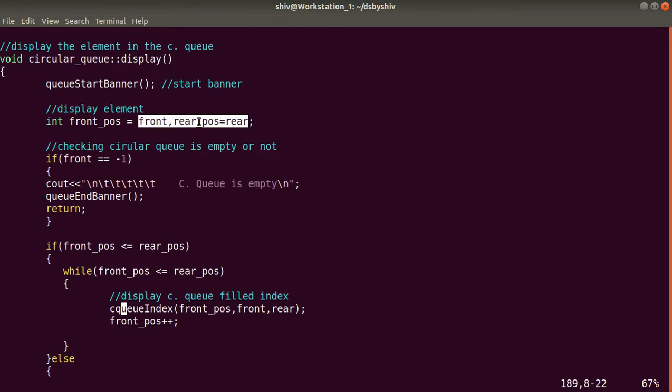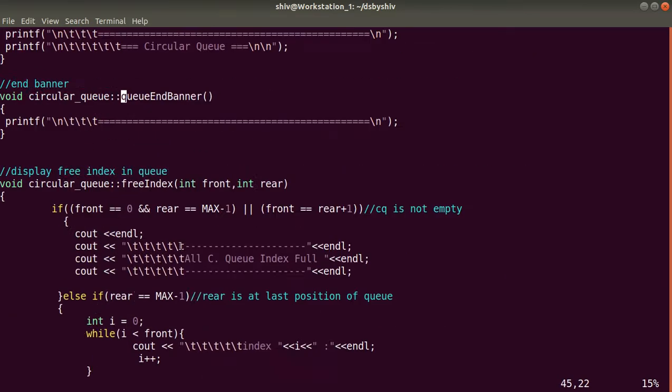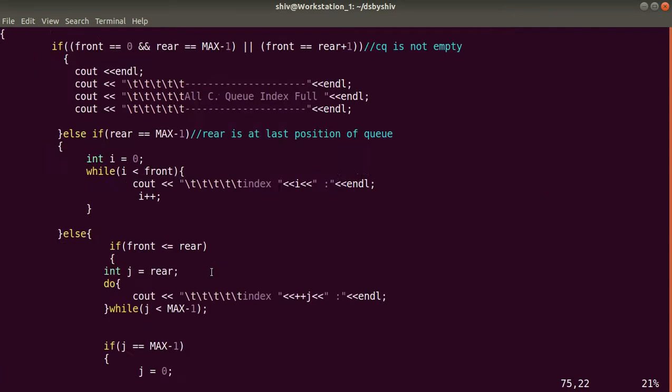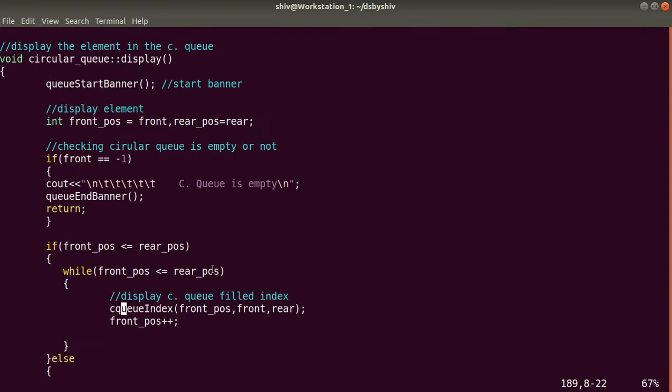This front and rear we have already defined here. Let me show you in the class. Okay guys, whatever values they get, the front and rear values will be assigned to these local variables, front position and rear position.